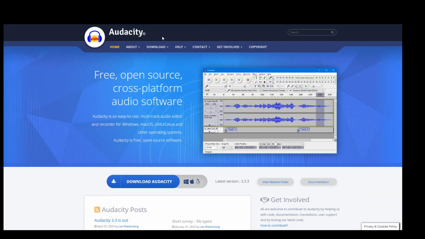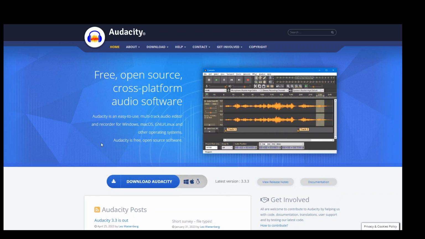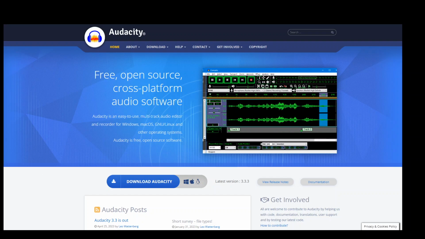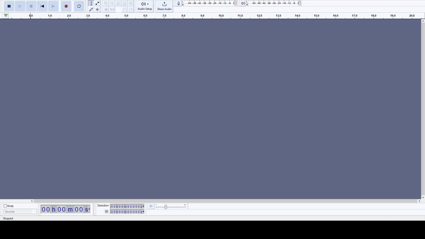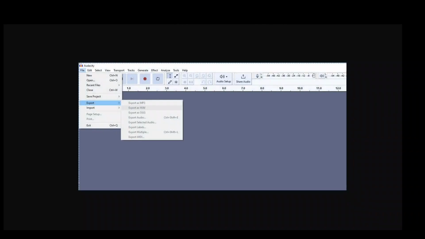Once you're on this screen of Audacity, just click on download Audacity and it will be downloaded to your Windows desktop. From there, just click on next, follow the wizard, and it will get installed. Then open this tool, and just by clicking on that red button, you can start recording. Record for 10 seconds, and then click on stop. And then afterwards, just export this file as a WAV file, by clicking on the file menu, export,